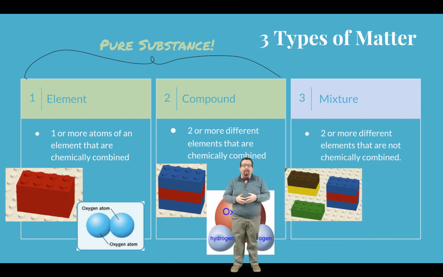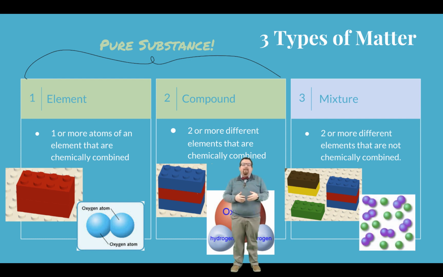Lastly, we have a mixture. Here, our picture has just a green Lego laying around. It's got 2 browns and a yellow that are stuck together, but they're not connected to the green. We've got another 2 blues and a red that are stuck together, but they're not connected to the other 2. It's just a mixture of different types of matter. The other picture that represents a mixture here is a whole bunch of green atoms floating around a whole bunch of purple 2-atomed molecules. Notice the green stuff and the purple stuff is different, but they're not connected together,